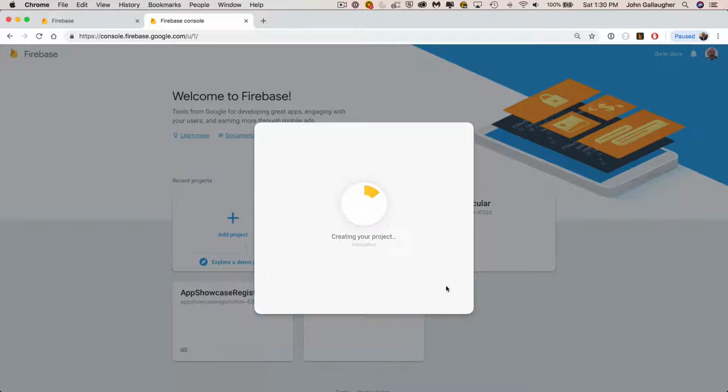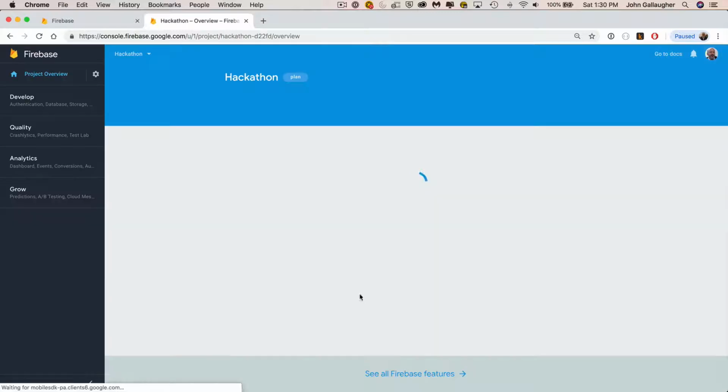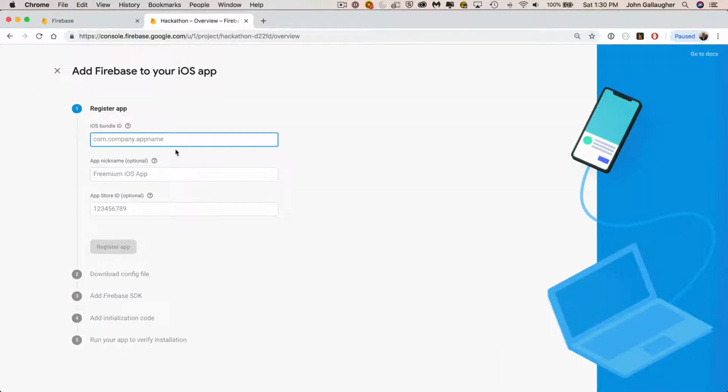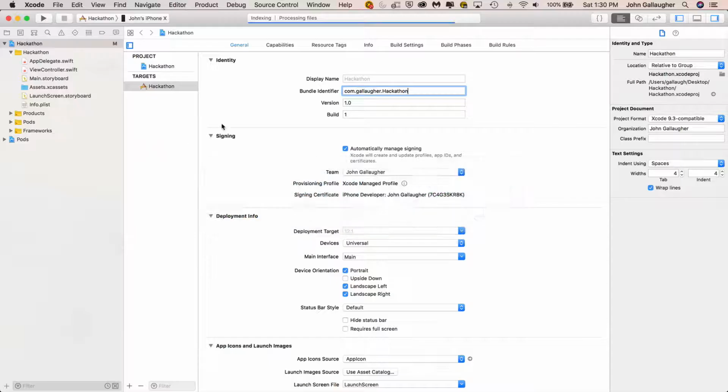Google will swirl around here. It might take a little bit of time, but the project will be created. Again, what this is doing is setting up a project called Hackathon on Google Cloud's Firestore for my user ID. And the project is ready, so I'll click on Continue. And now I can set this up, and since I'm working on iOS, I'm going to click on iOS. It asks me for that bundle ID. Again, we just grabbed that out of this particular bundle identifier field here